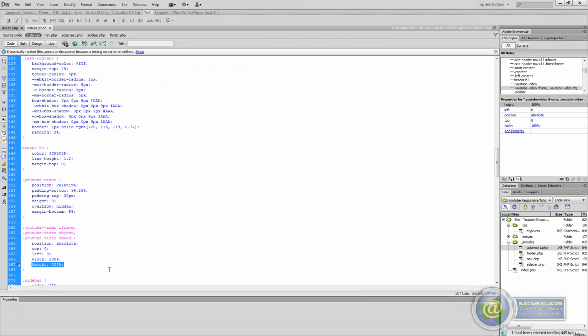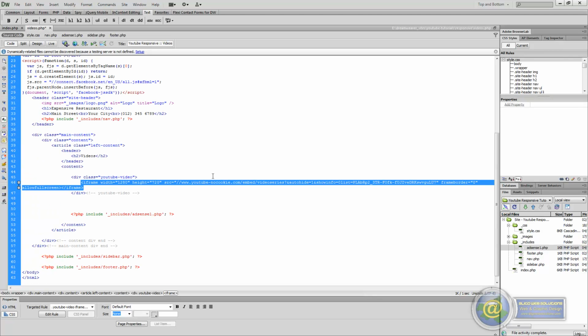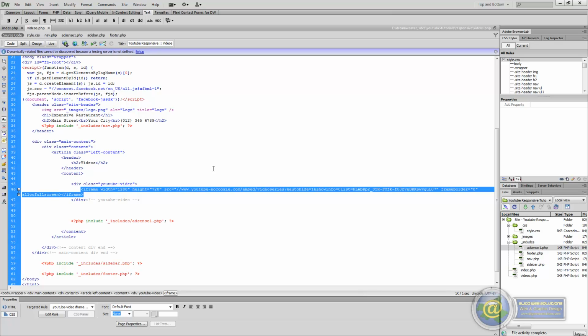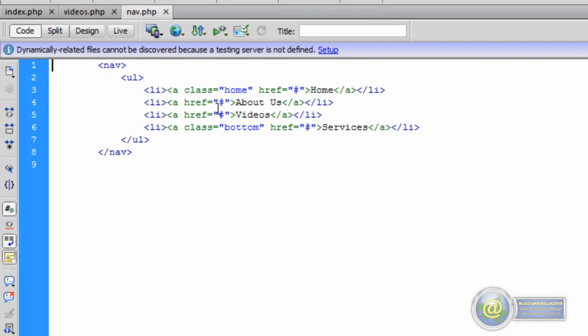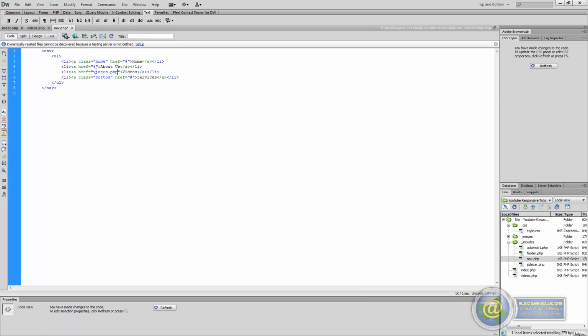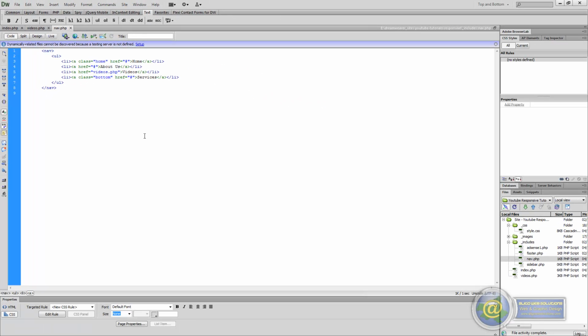So if we save that and we upload both of those to the server, and what we actually didn't do before we go any further is we'll go and we'll update our navigation as well because we added a new page to it. So this is where the changing of the navigation to go to its external sheet comes into its own, because all you have to do is just update one file. So it's videos.php. So we'll save it as well and we'll upload that too,